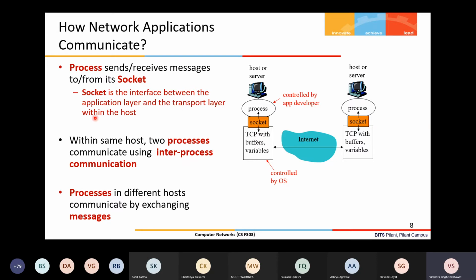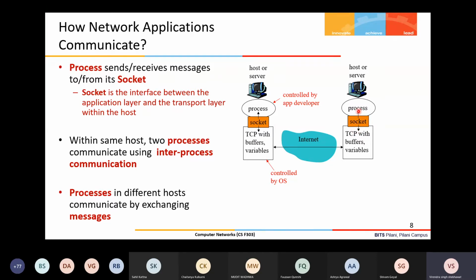If you want to understand it in a better way, in normal terminology, what is a socket? Take an analogy of a house and a door. The house is analogous to the process and the door is analogous to the socket. To enter the house, you need a door, and if you want to go out of the house, you also need a door. So at the sending side, it works via the socket: the process sends the data to the transport layer. At the receiving side, the application receives the data from the transport layer through this socket.